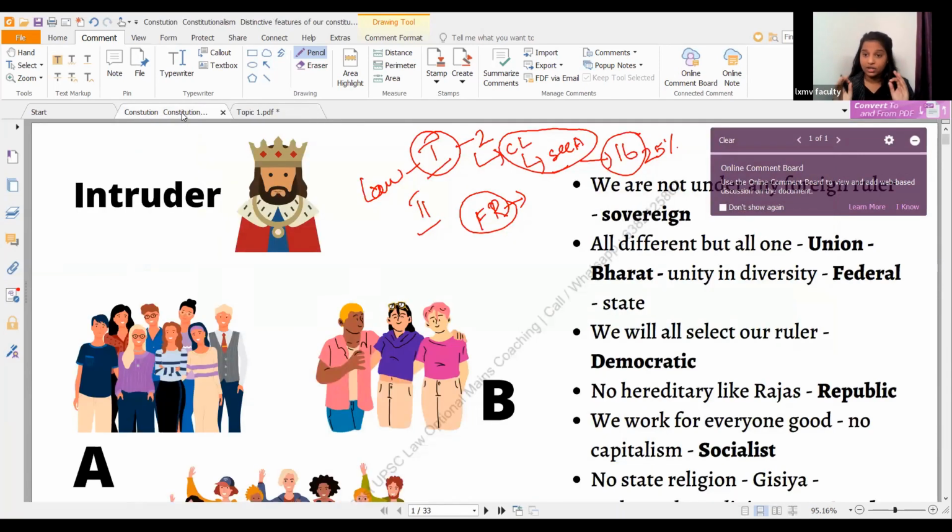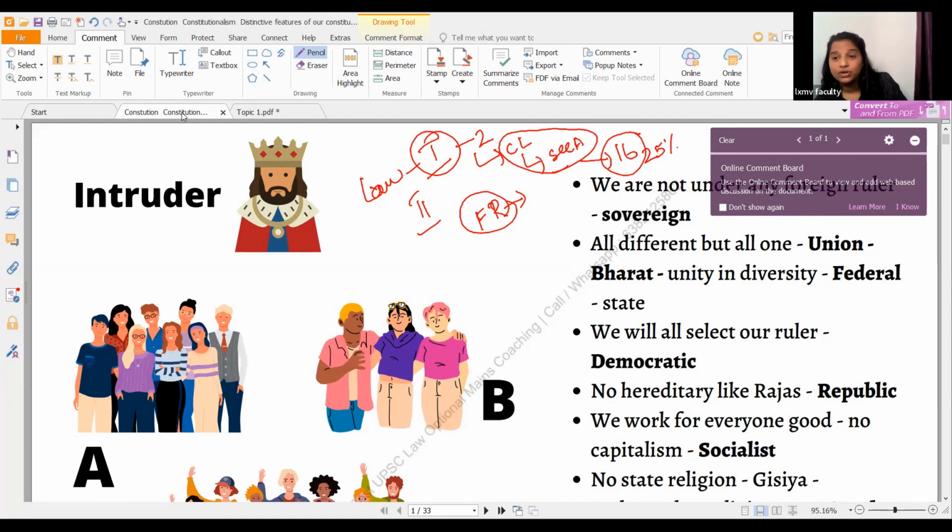So what will be your strategy? You will be following the lectures simply. In the lectures, we will be concentrating on very important areas. This is important both for students who are new to law and for those who are well versed in law, because you see, the standard book for constitution is this one. Everybody who has done law cannot forget this. This is MPJ, the most standard book from where UPSC questions sometimes occur verbatim.